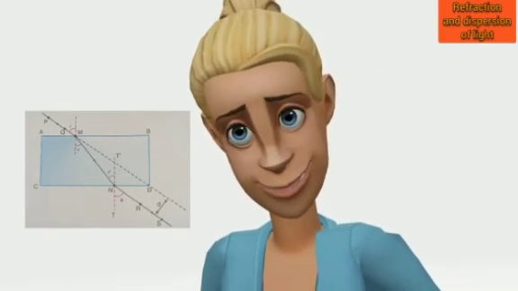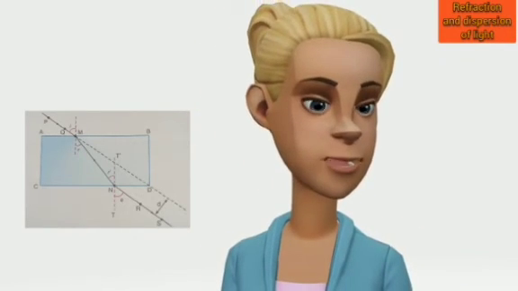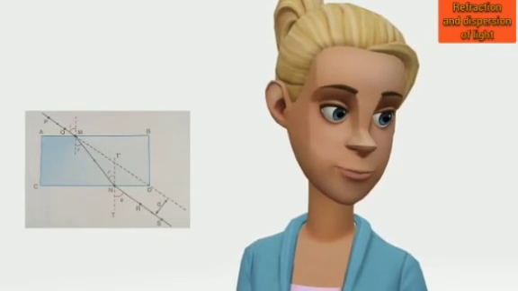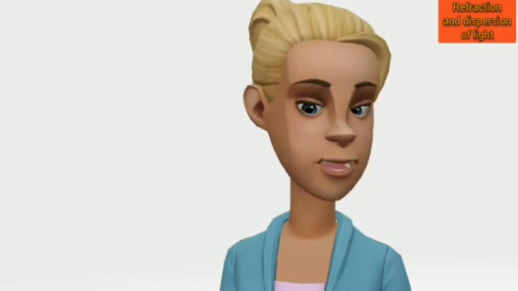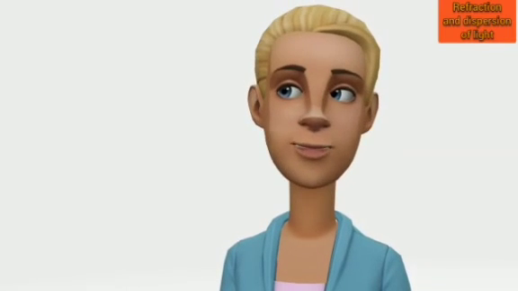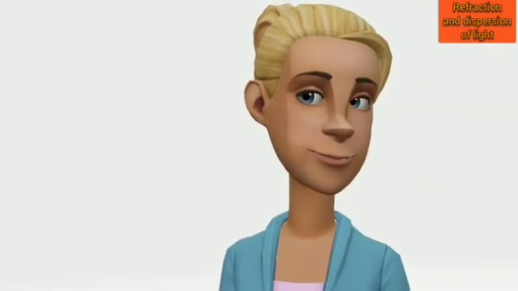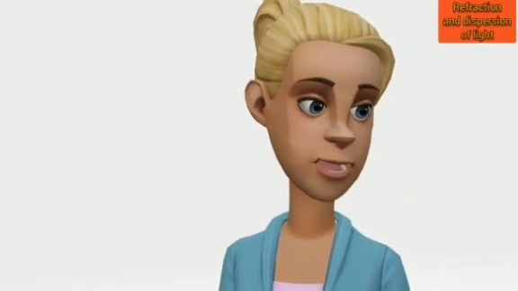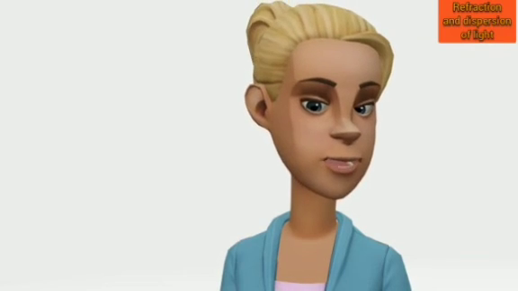Now I am going to tell some definitions. The initial ray PQM falling on the glass slab is known as the incident ray. The part of the ray MN within the glass slab is known as the refracted ray. The final ray NRS, coming out of the glass slab, is known as the emergent ray. The angle between the incident ray PQM and the normal at the point of incidence M is known as the angle of incidence. The angle between the refracted ray MN and the normal at the point of incidence is known as the angle of refraction.